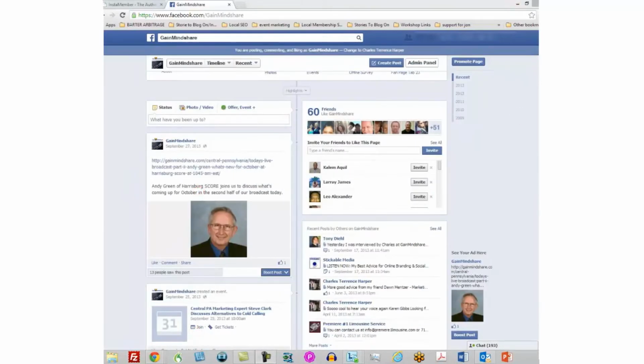Now, to do that, you're just going to go straight to your status, and you're going to post right in here. You can post a link, you can post an event, you can post anything that you want where people are either going to buy at an event, or you can post the link straight to the event. Some of your followers and some of your fans are actually going to get that link in their news feed. That's one way for you to earn money. Of course, you need to have trust with the people that are going to be on your page. Now, that's not the only way that you can make money. It's probably the simplest one that you can do.